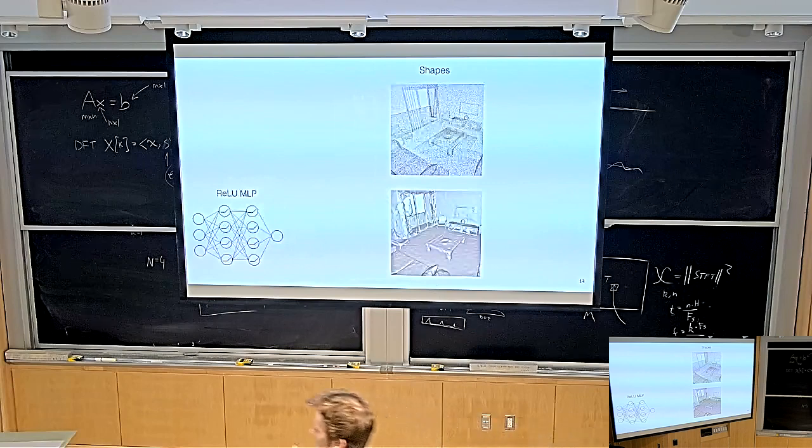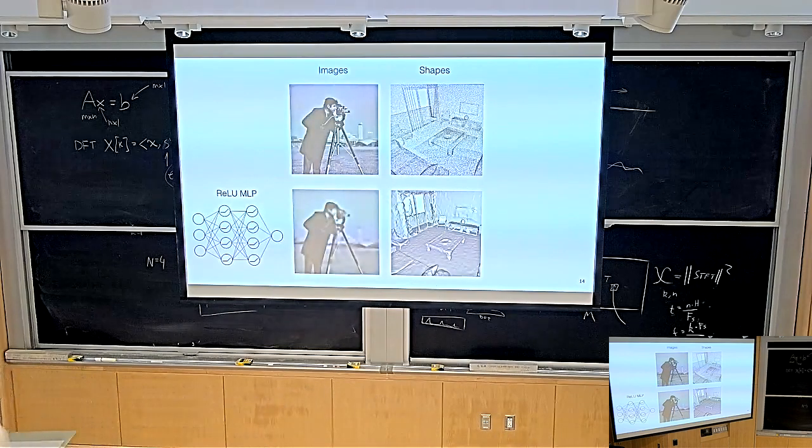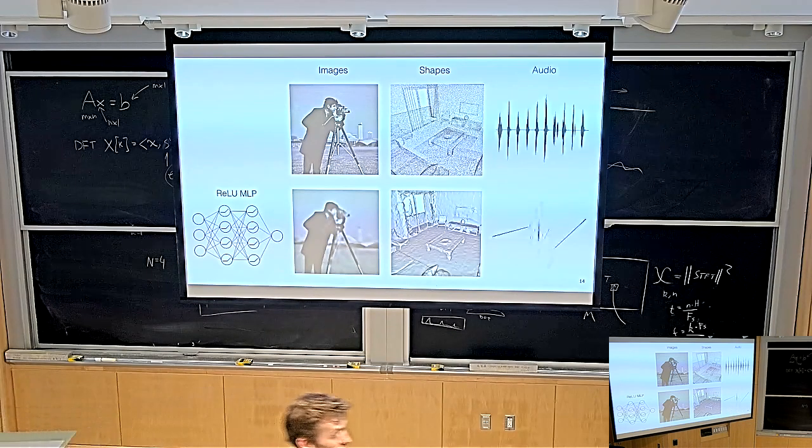And this isn't only true for 3D scenes like this one, it's also true for images. Seemingly you could take this image and the same should hold, right? You should be able to just train a neural network to reproduce this image like that. And in fact, you can, but what you'd find is that the neural network will smooth over all of the fine detail in the image. The ReLU neural network will not be able to capture the high frequency detail.